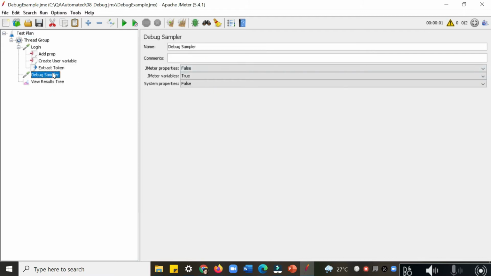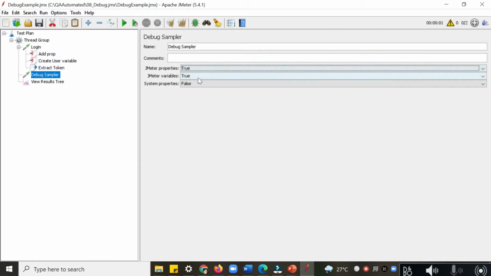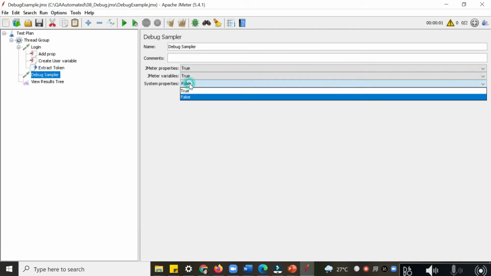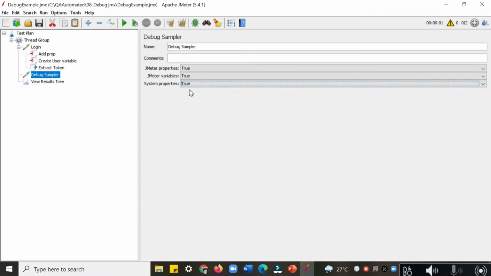So I have added the debug sampler here. There are different fields here. If you want to check JMeter properties or JMeter variables in your debug sampler, you can enable or disable them. You can also set the system properties. So you can do these settings and then run your script.